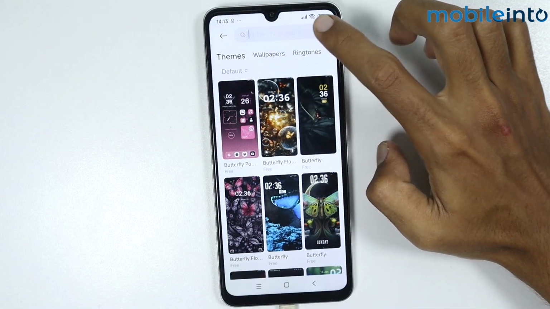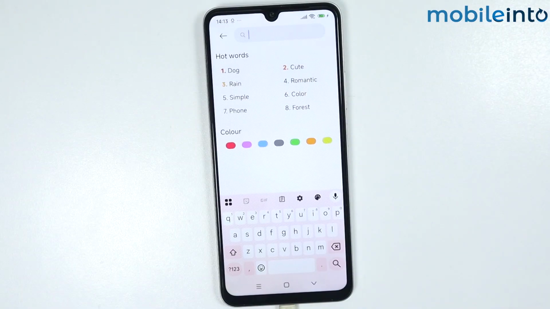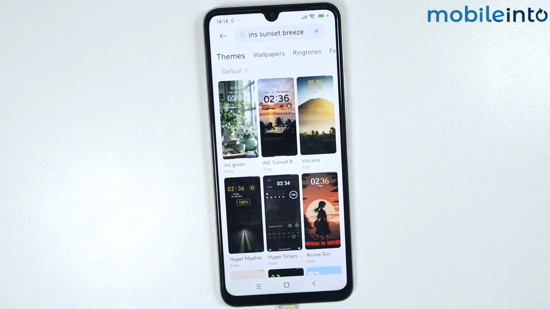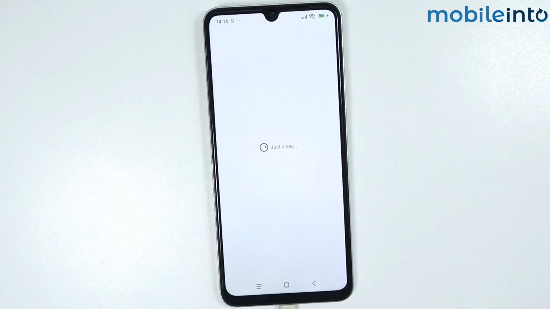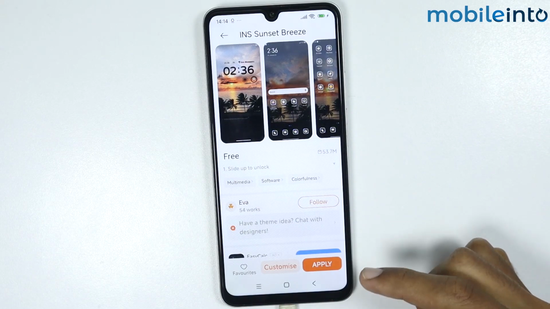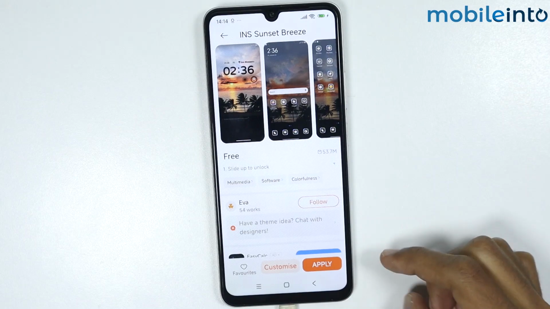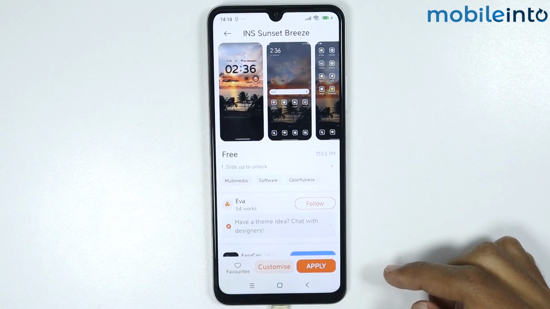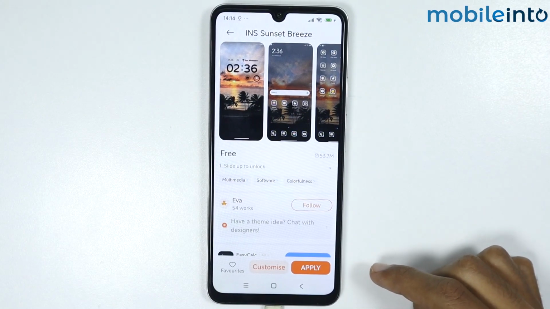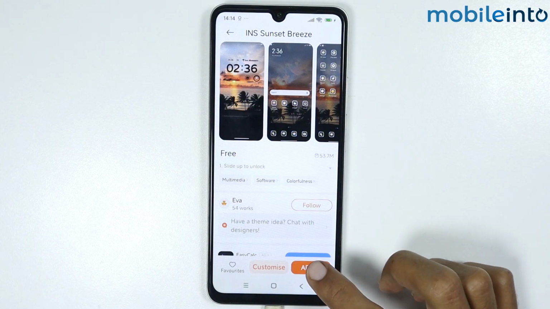Now from here, just go to the search bar and search INS Sunset Breeze. Now from here, just install this theme. Now as you can see, I have already installed the theme on my smartphone. If you have not installed it yet, just tap on install, and once the theme is downloaded, just tap on